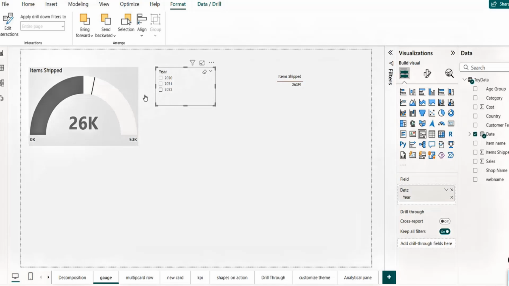Or maybe this should go blank, who knows? Instead of 26K, you should say here 0 or any, I don't know. But if it selects 2020, then it should give me the target based on 2020. So basically, we can write in the DAX that if the year selected,